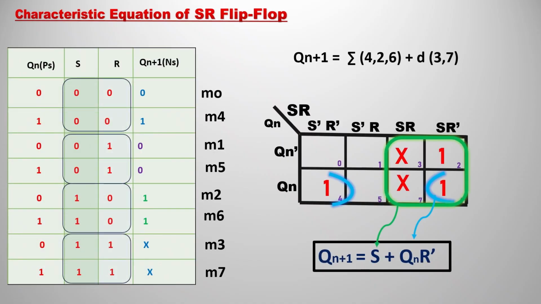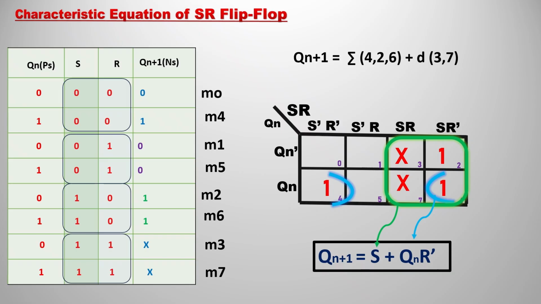Then the next step we are going to follow is to have a 3 variable K-map and place all the minterms in it, including the don't cares also. So you are going to see the output expression that would look like that. Qn plus 1, the next state output expression, is sigma 1, 4, 5, because we have minterms in the positions of 1, 4, 5 and don't cares in the positions of 6 and 7. So include all those terms in the K-map.